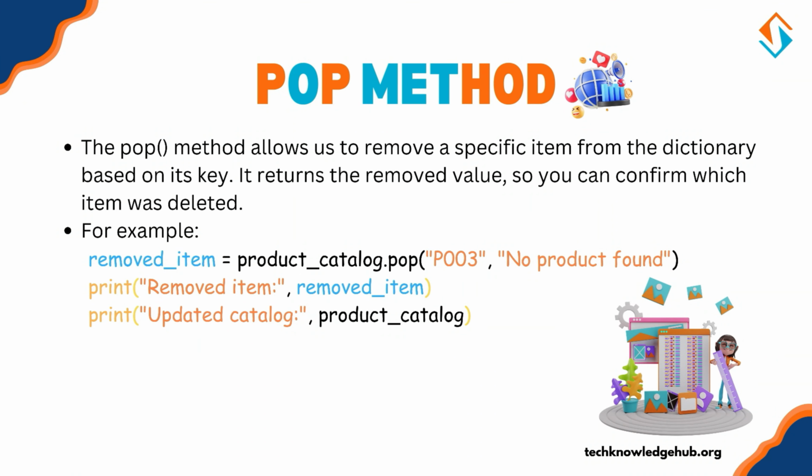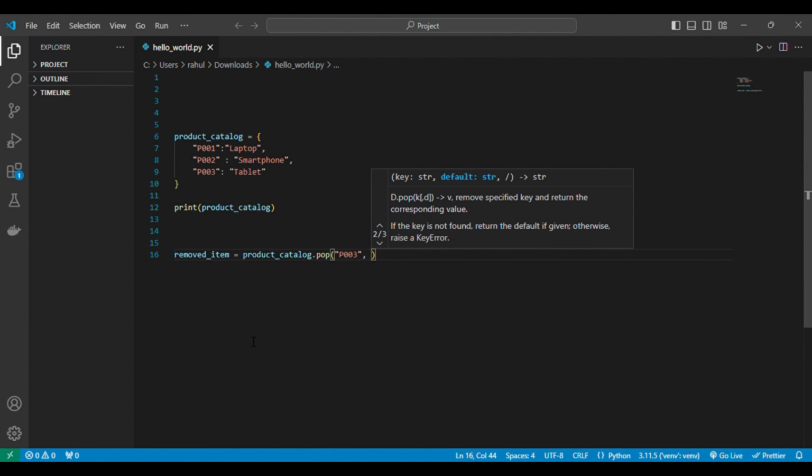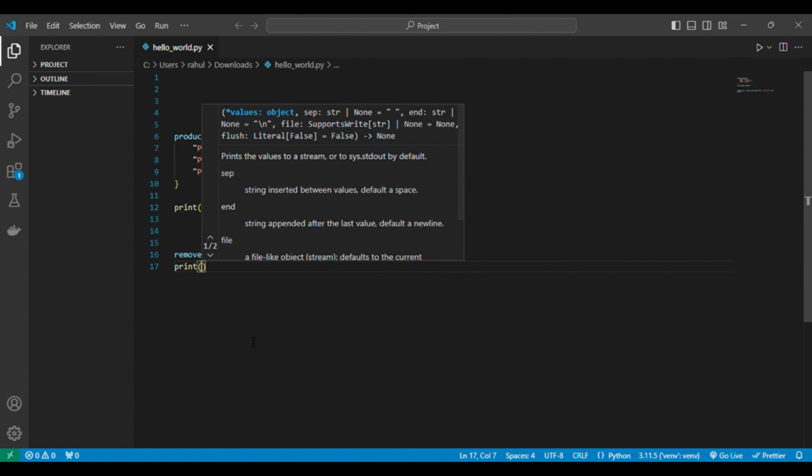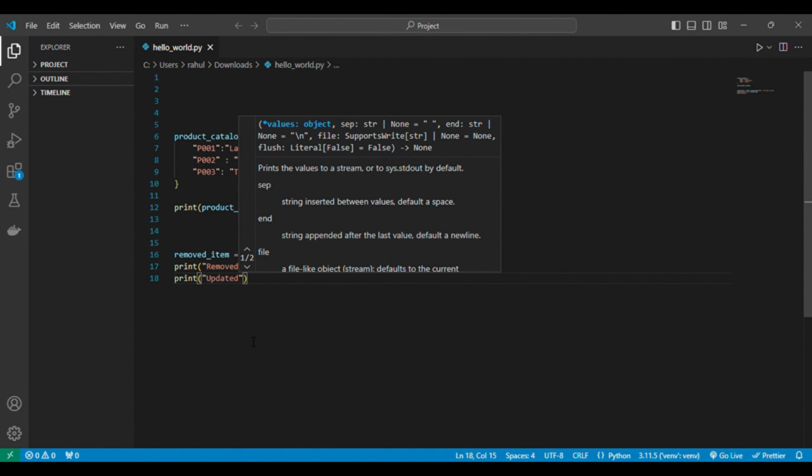Pop method. The pop method allows us to remove a specific item from the dictionary based on its key. It returns the removed value so you can confirm which item was deleted. removed_item = product_catalog.pop("P003", "No product found"), print("Removed item:", removed_item) and print("Updated catalog:", product_catalog).